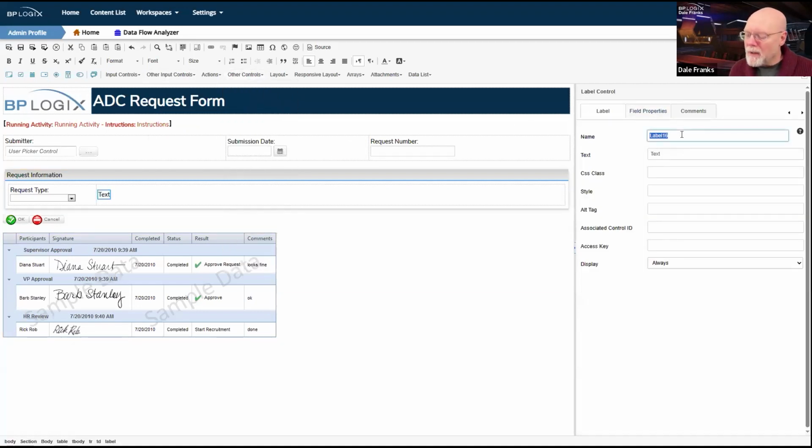And I'm just going to call it request info label. And I'm going to copy request info because I will use it later. We'll give it text of request information. And I'll put a colon there. And then our associated control ID will be request info.